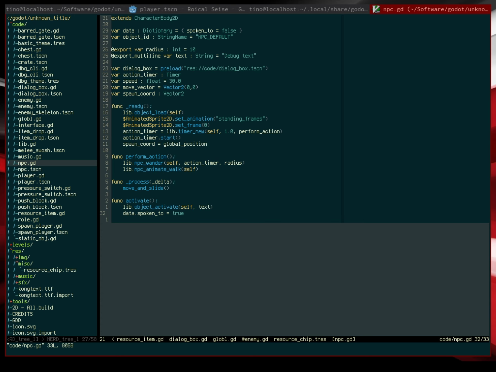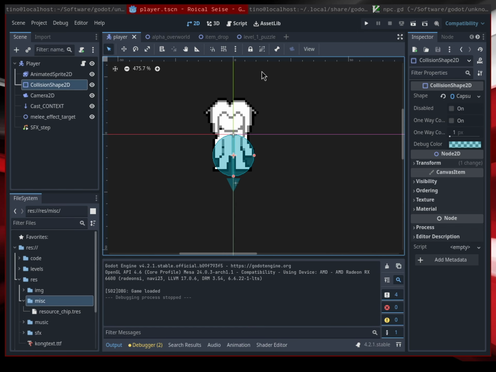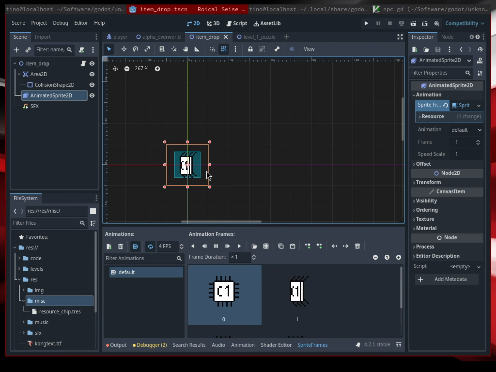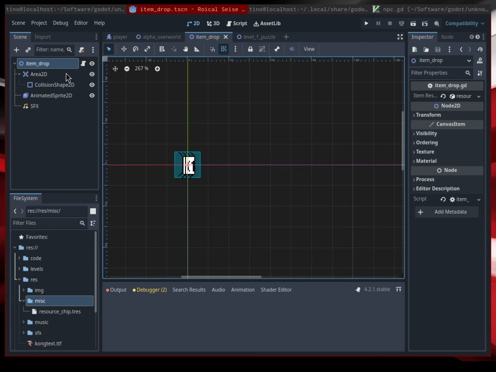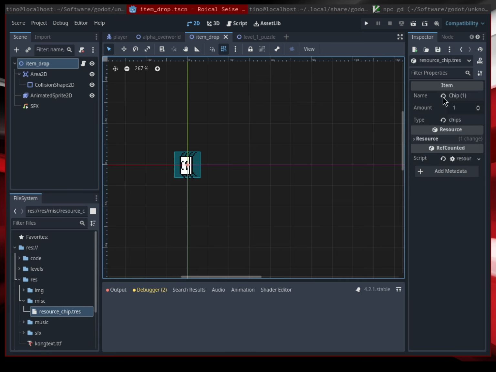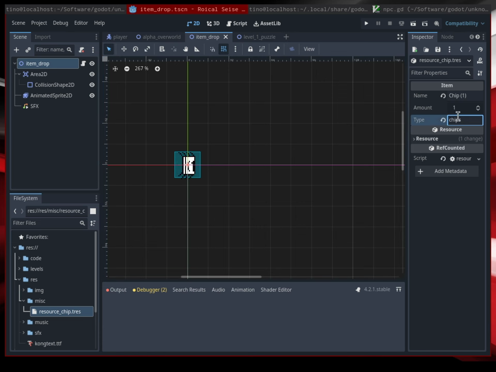First, implement stuff. Implement one instance of the thing you want. Like, I want items, okay, so I implemented the first instance of an item, called it item drop, and here's my item. Now I look at the stuff that I need for this item. So in this case I created a resource which holds information about my item, the name, the amount, the type,